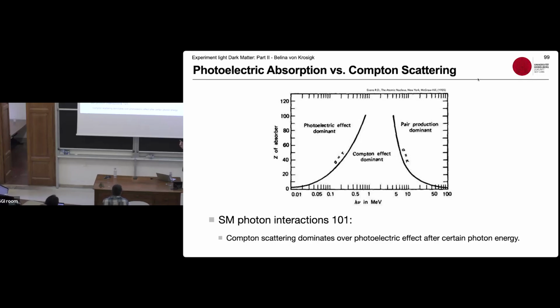Now, if we transition to the dark boson, the moment we get to a mass where pair production is possible, we don't have a good dark matter candidate anymore. Say the dark photon was heavier than twice the electron mass, then it actually had a decay channel. So a dark photon could decay into E plus E minus,